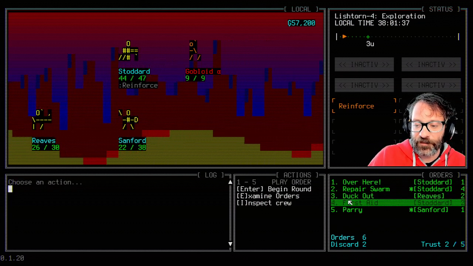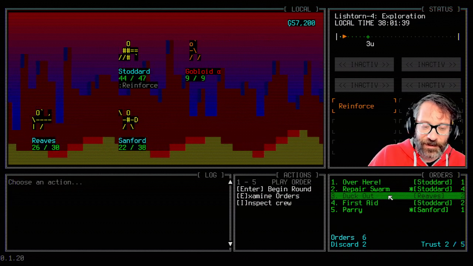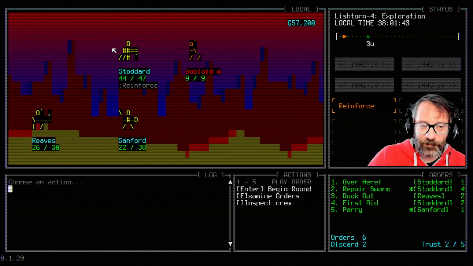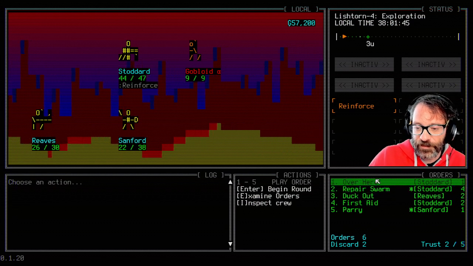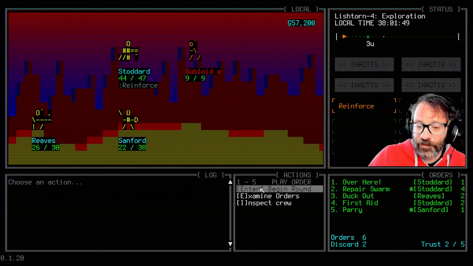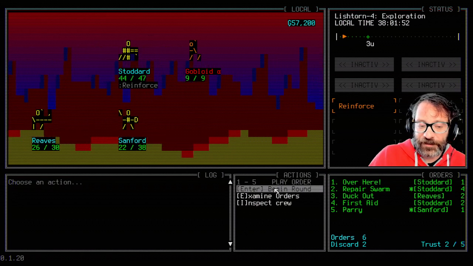The snipers have this ability to kind of duck out of the formation for a round, so they'll just disappear for a round and then actually reappear in a different position. For the moment, since there's only one left, I'm pretty confident I can take him out. Now,